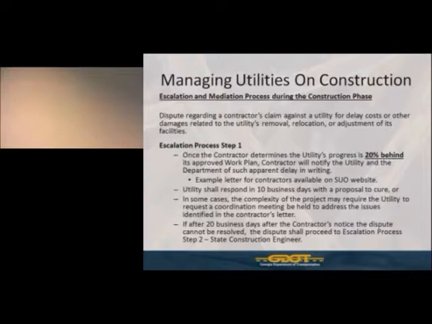Now, one thing I did want to point out, and it goes back, if you remember the slide I mentioned earlier about the contractor being able to escalate a claim against a utility for delay cost or damages related to the utility owner's failure to comply with your work plan, including your utility adjustment schedule. If you notice on this slide here, the first bullet says once the contractor determines the utility's progress is, and in bold and underline it says 20% behind its approved work plan. That is key, because